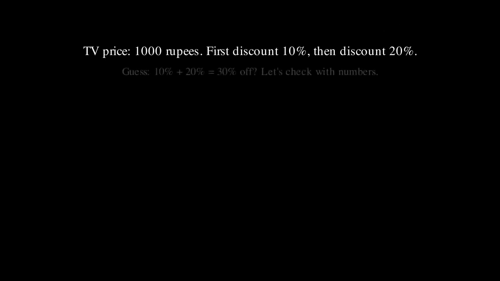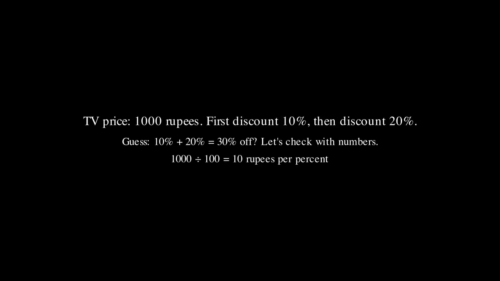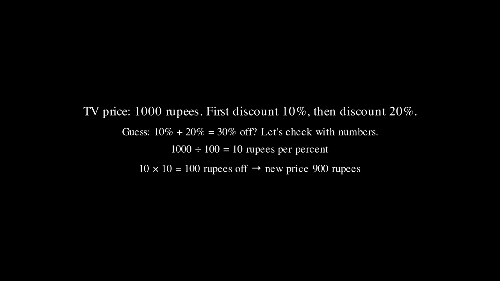Now here's a trickier case. A television priced at 1,000 rupees gets 2 discounts in a row, first 10%, then 20%. Many people guess the 2 discounts just add up to 30% off, but let's actually work through the real numbers. First, 1% of 1,000 rupees is 1,000 divided by 100, which is 10 rupees. 10% off means 10 of those 10 rupee shares, so the first discount is 100 rupees, bringing the price down